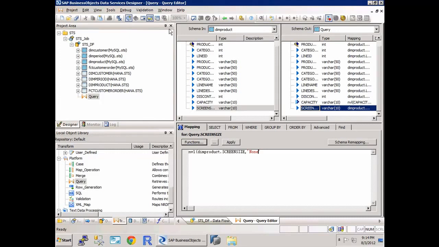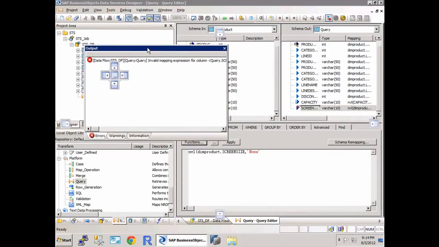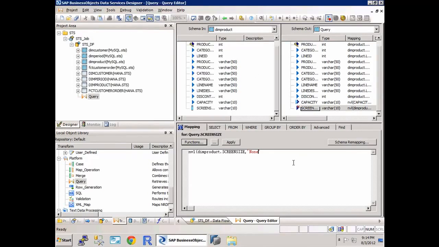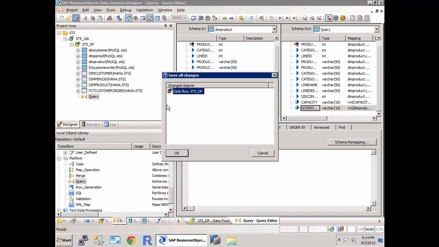Now if I was to validate this, I'm going to get an error. I get the error because I've forgotten to add a close bracket at the end of the string. This is indicated in the validate screen, it shows me where the error is, and I also get the red cross in the column name. So the only thing I need to do now is finish off this statement with a close bracket, validate again, no errors have been found, and then again save the job,